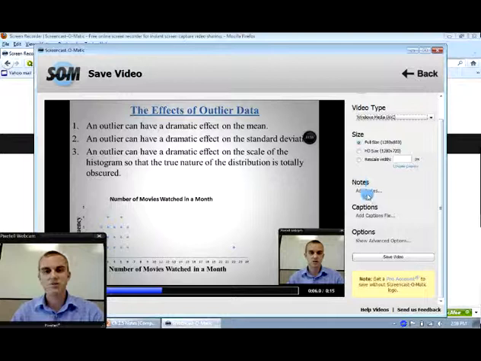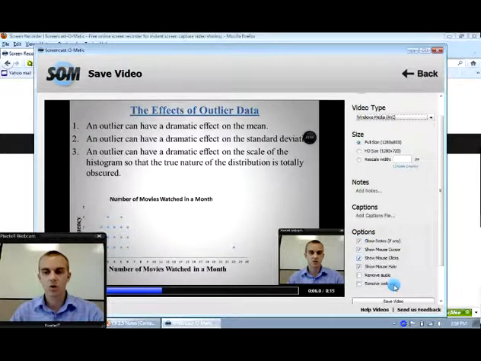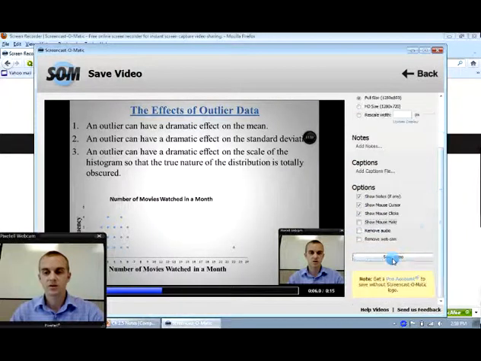You can add notes if you want, but I've never used this feature much, to be honest. What I pay attention to is my options, and I have a whole bunch of options down here that I can use if I want. One of them that I sometimes will turn off is this show mouse halo, and what that does is it puts a circle around the mouse as it's moving. I can find it a little bit distracting, so I often turn it off. And then I save my video,